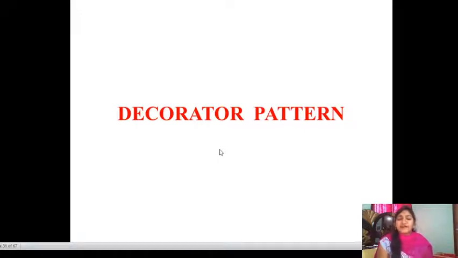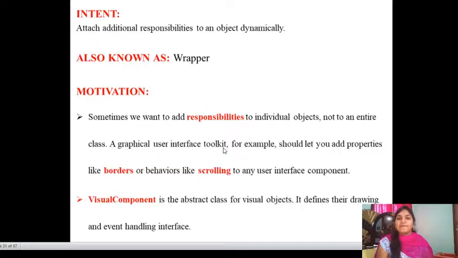We think of decorating a room or some decoration. Similarly, in the framework, we need to define the pattern which needs to be decorating. That's why this pattern was named the decorator pattern.